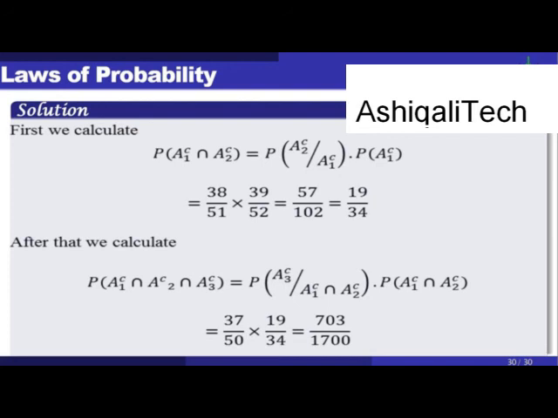Dear students, so using it we can now calculate probability of A1 complement intersection A2 complement intersection A3 complement. It is given by probability of A3 complement given A1 complement intersection A2 complement times probability of A1 complement intersection A2 complement, and it is given by 37 over 50 multiplied by the second probability, which is given by